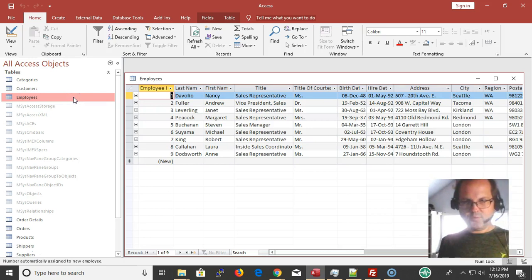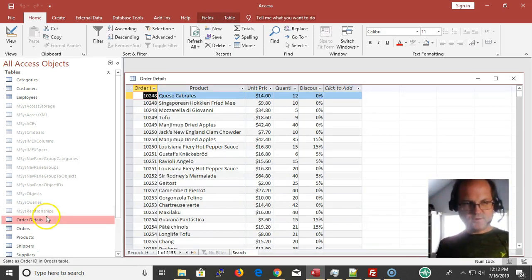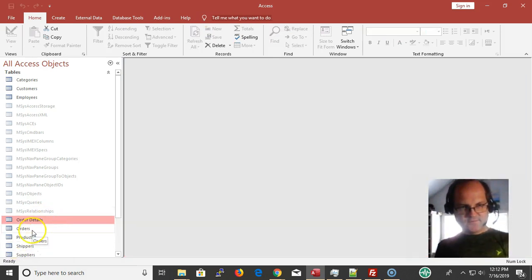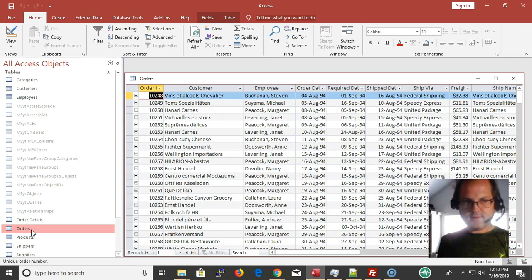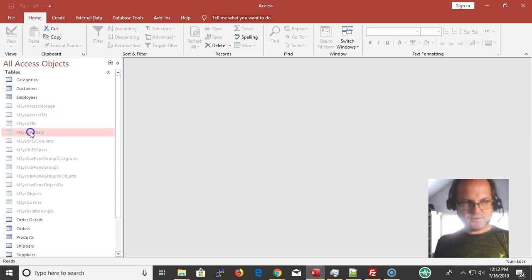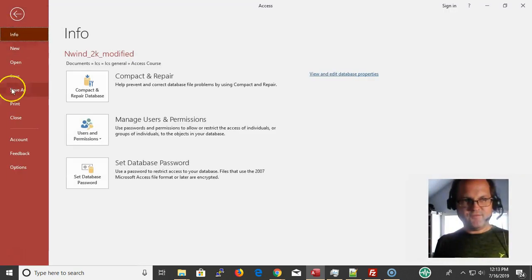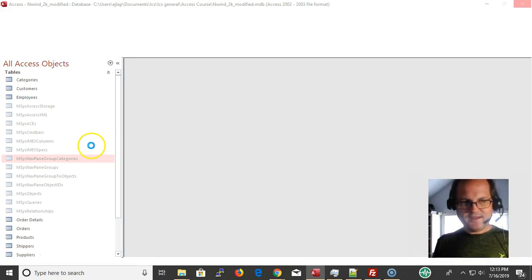Okay, double click it to open it up. Double click order details, or press Enter if your click speed is weird, or if you can't manage to click that fast, press your Enter key. Okay, and all these things are hidden tables. Okay, hidden tables, show them. File,